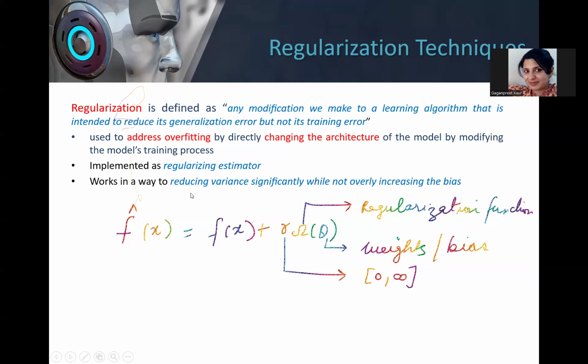So when I try to regularize this estimator, that is what the process is known as regularization. What it requires is that I am trying to reduce the variance. So it is trying to achieve the trade-off on the variance without increasing the bias. What is variance? Measure of the diversity in my sample space.